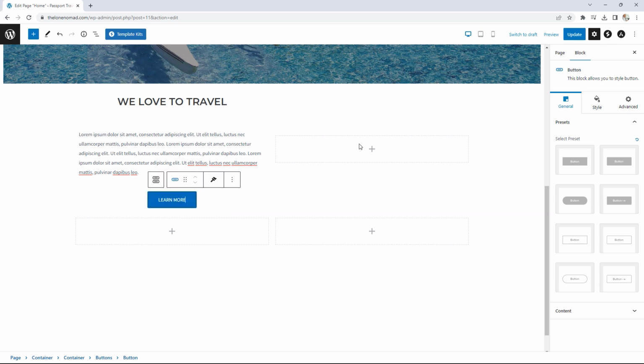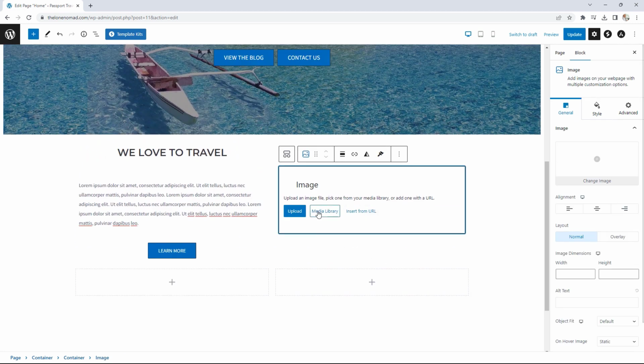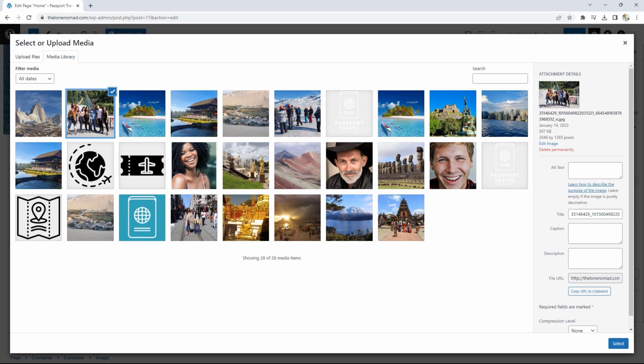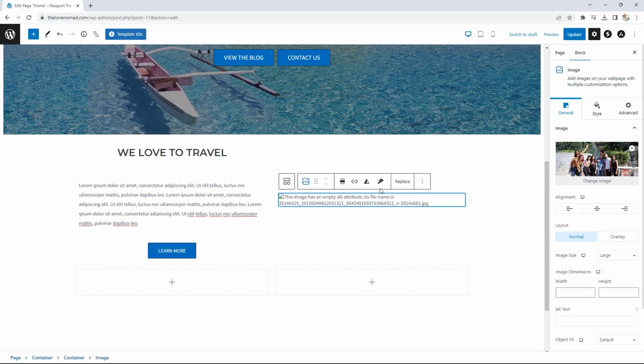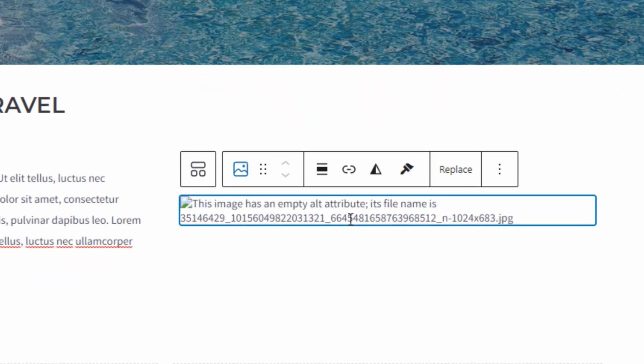Okay, now over here on the right, we're going to add the image block. Let's go to our media library, and we're going to choose the one with the youths. I actually took this picture in Istanbul. These were university or college students. Now, this brings me to this particular issue, which you may experience sometimes when you're trying to upload an image with the Spectra image block. You may get this kind of error message telling you that the